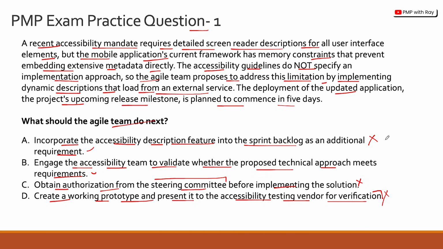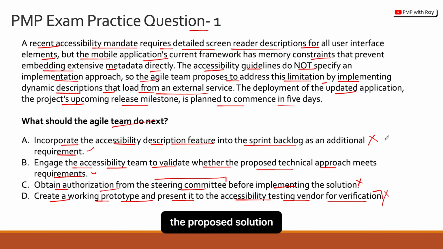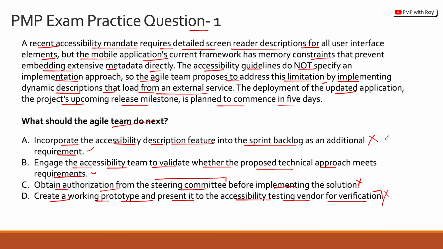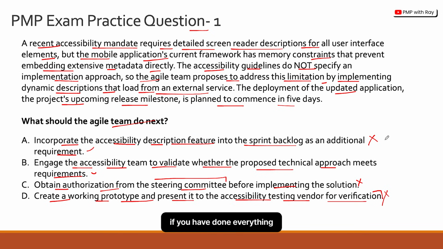And the primary reason is because without vetting the suitability of the proposed solution that you have been proposing as part of this overall scenario, you as the project manager are not authorized to include that as part of the sprint backlog. Because what happens if you have done everything and everything has gone into the product, has been prepared